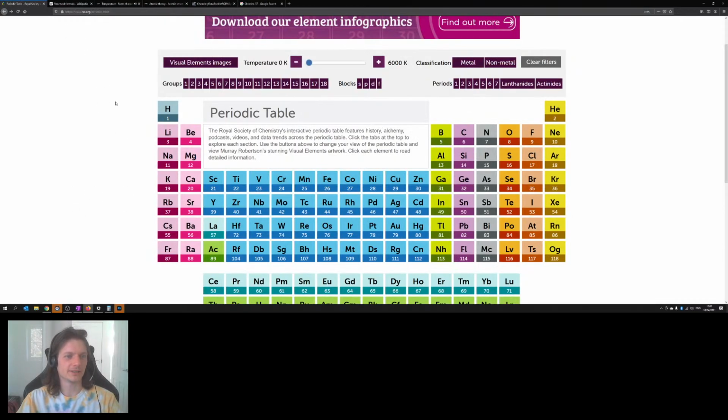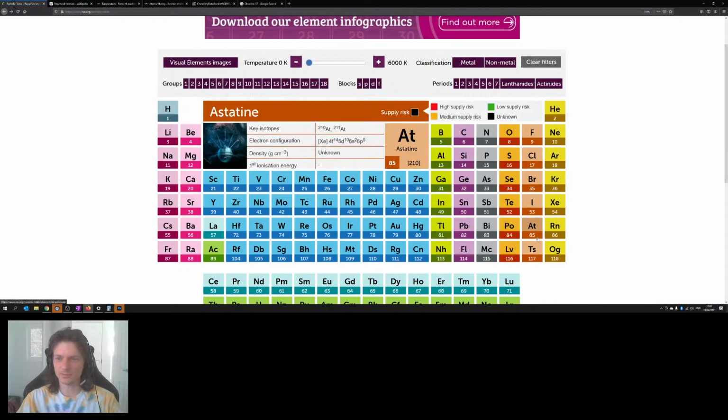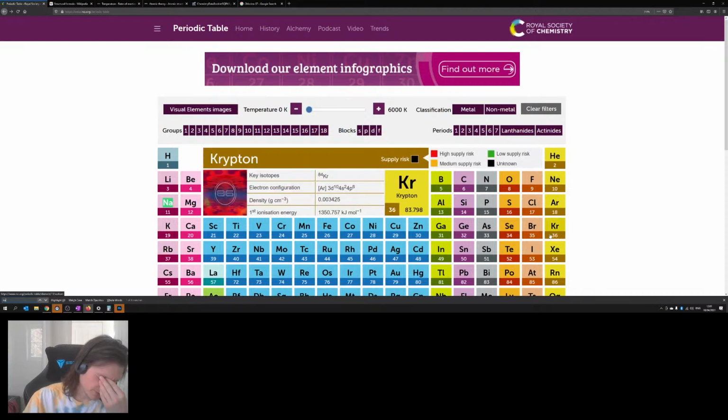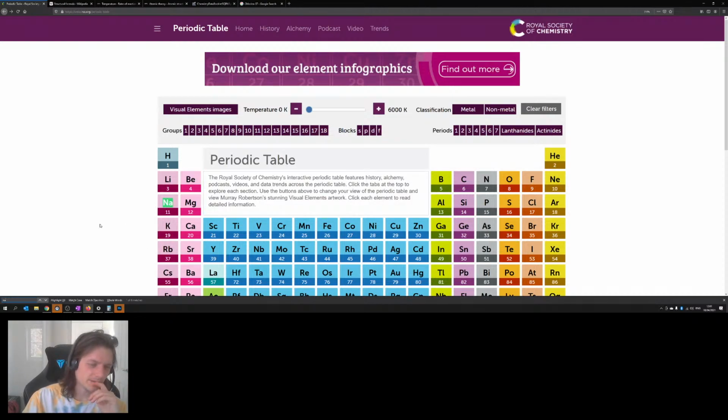Sodium is highly reactive, so it's going to be down the bottom somewhere. No, not necessarily. Sodium is highly reactive, so it's going to have a lot of electrons on the outer. It's going to have more electrons on the outer shell of energy, and that means that